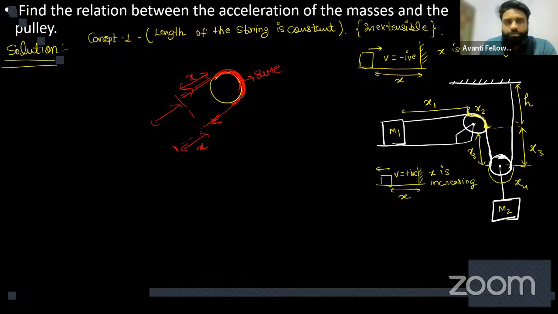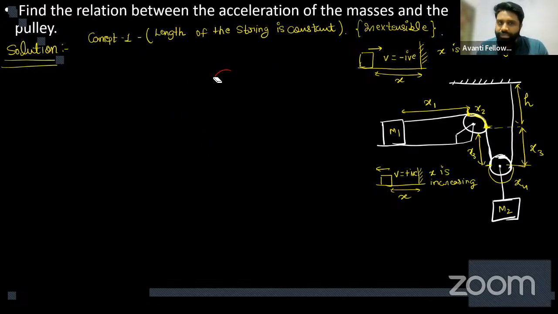Okay. So the string which is covering the pulley is not going to change the length of the string. Also, in total the length of the string is not going to change. Somewhere it is going to be increasing, or somewhere it is going to be decreasing. Okay. Got it? So we would write here the length of string